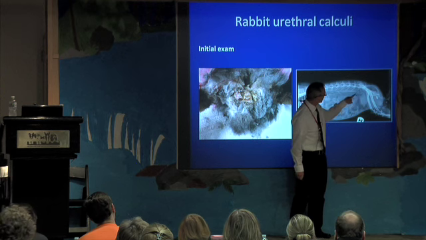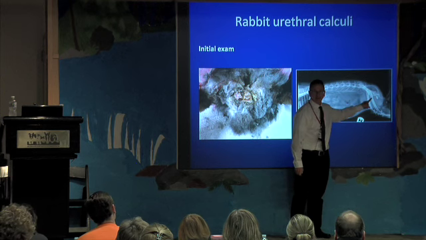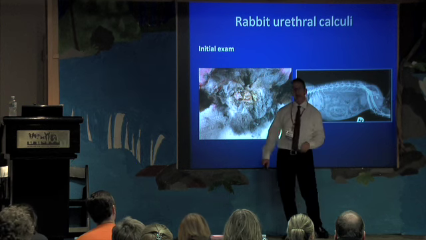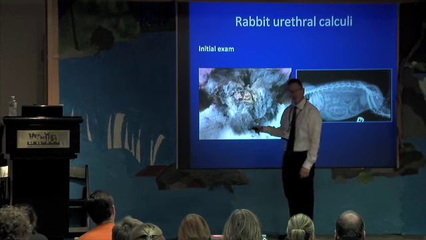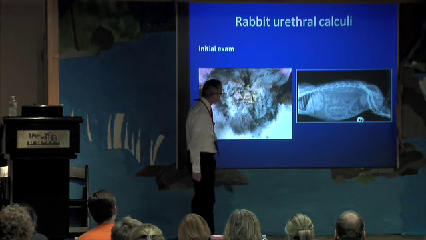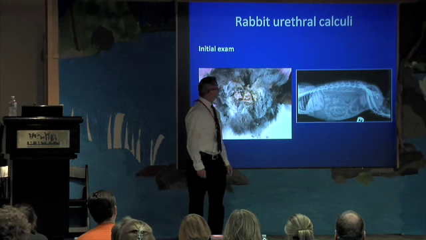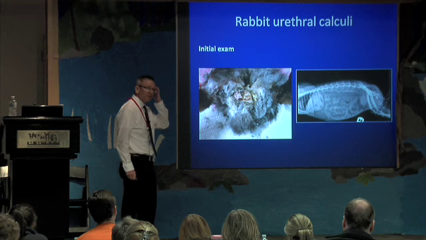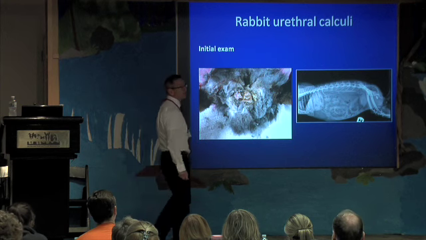So here you can see this one actually has urethral calculi. So not bladder calculi, but calculi that have gotten stuck in the urethra, which is the duct from the bladder to the outside. And that's causing all this oozing of urine and soiling of that fine fur and causing the dermatitis that occurs. Now, this particular client couldn't afford to hospitalize, couldn't afford to do surgery,